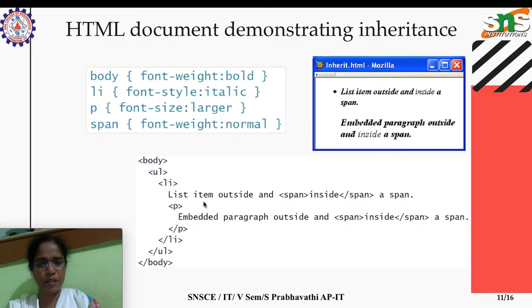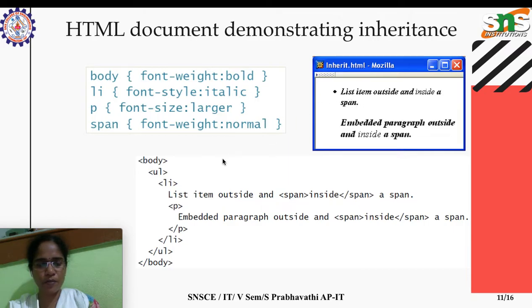List item outside and a span, inside the list item. The li style is font style italic. See here the output, the entire line is italic. But see here, list item outside and a span, this is bolded, is it not?